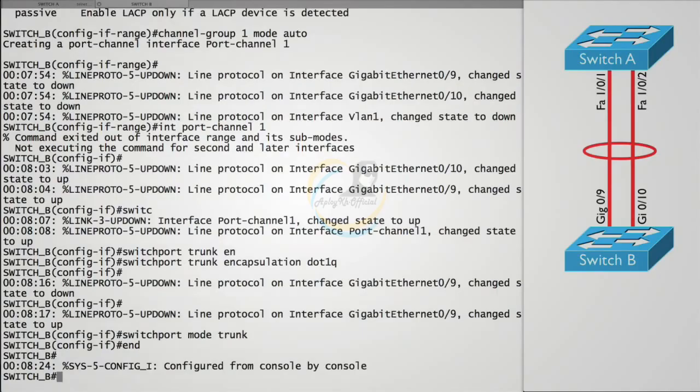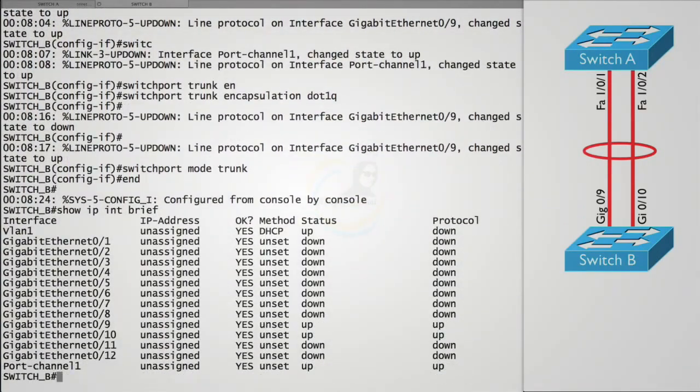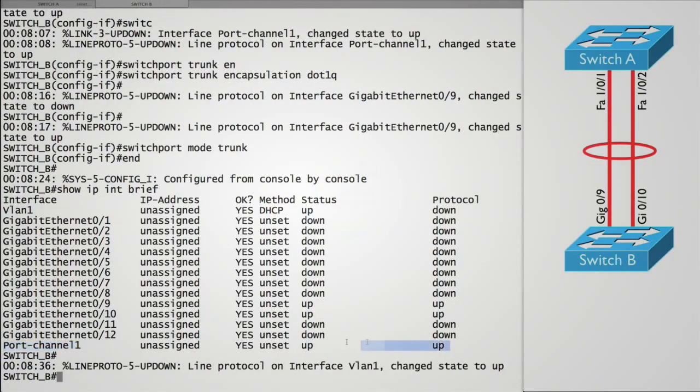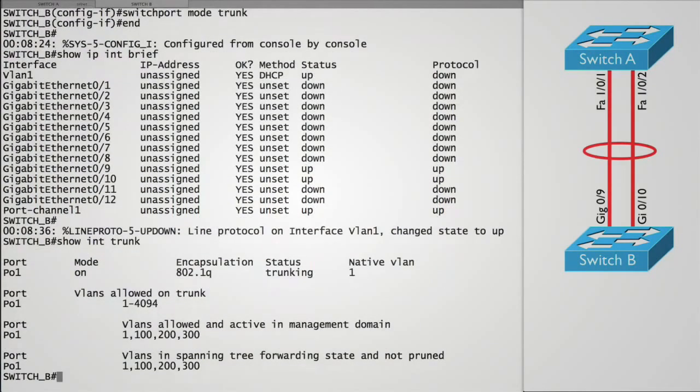Let's verify that our newly created port channel interface is up and operational. Let's do a show ip interface brief, and we'll see a brand new interface. Here it is, port channel 1, and it is in the up state. Fantastic. We can even see that it's a trunk. If I do a show interfaces trunk, we can see that, yes indeed, Po1, that's our port channel interface, is a trunk. That's a basic demonstration of EtherChannel where we have logically bundled together a couple of physical links. This can give us some load balancing, this can give us higher throughput, and this can give us redundancy.